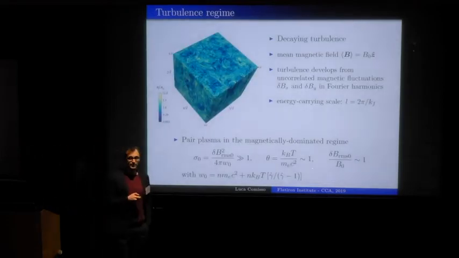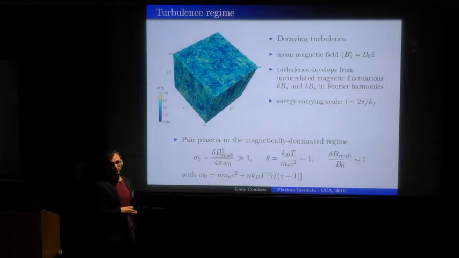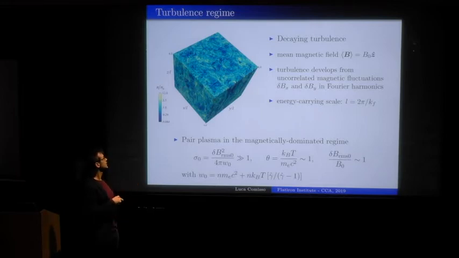So some other details. All the simulations are in decaying turbulence. There is a mean magnetic field in all the simulations that is in the Z direction, and there are initially some fluctuations in the form of Alfvénic fluctuations on top of it. And they will decay. And here is an example of the density fluctuations in the turbulence that result from these